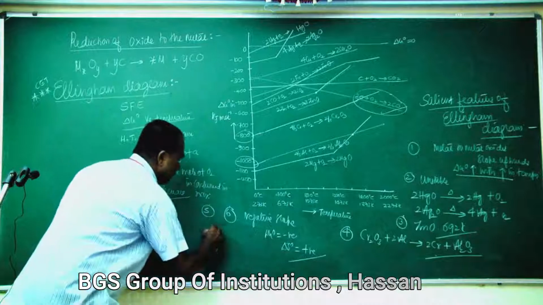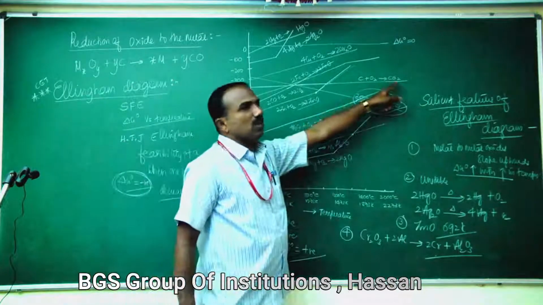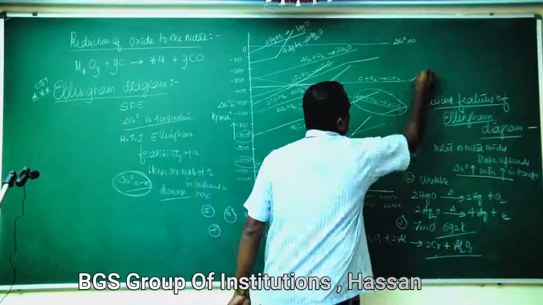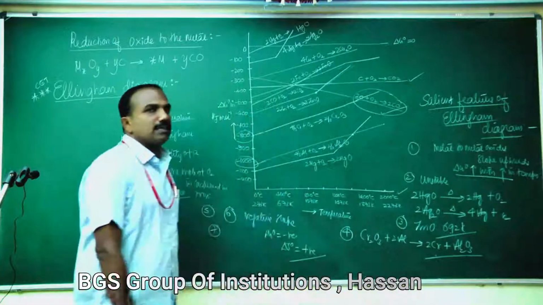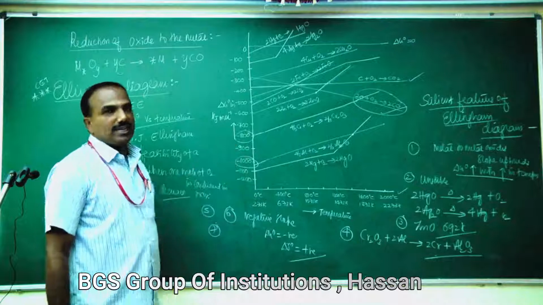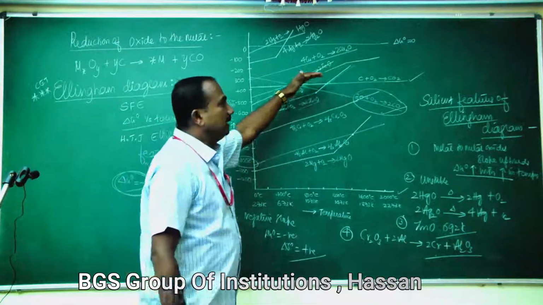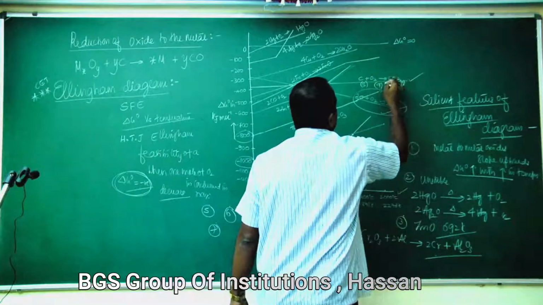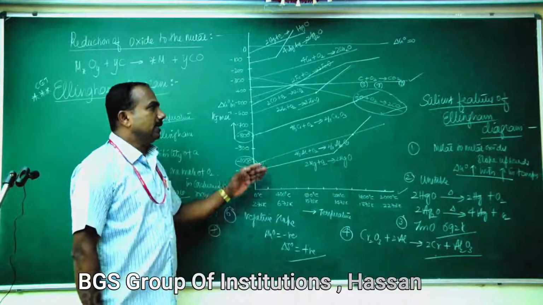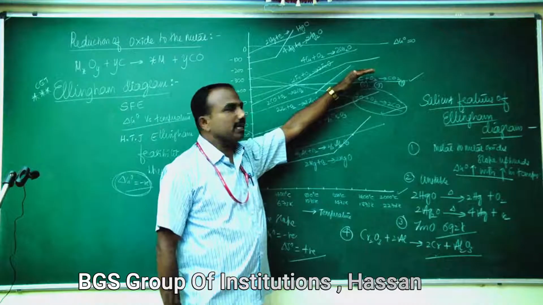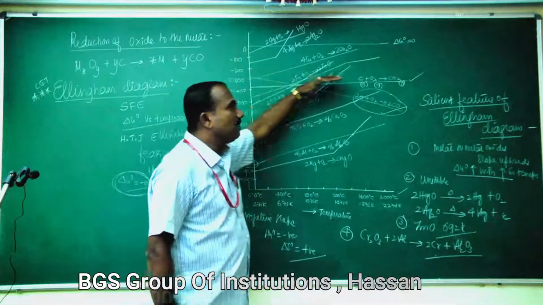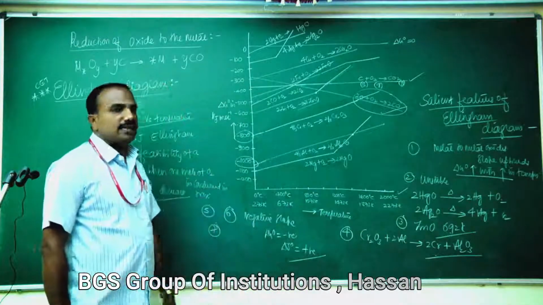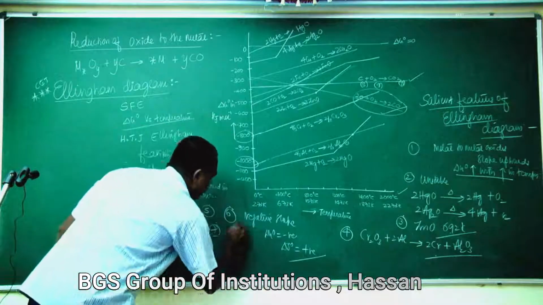Okay. Next, seventh one. The graph of the formation of 1 mole of carbon dioxide shows a straight line parallel to the temperature axis. This is because delta G naught does not change much with temperature, as carbon solid and oxygen gas give rise to carbon dioxide gas. Therefore, the graph shows a straight line parallel to the x-axis or temperature axis. Okay, next one.